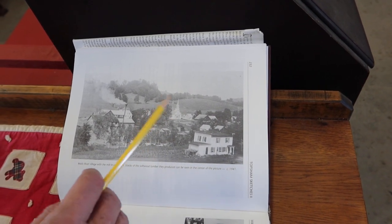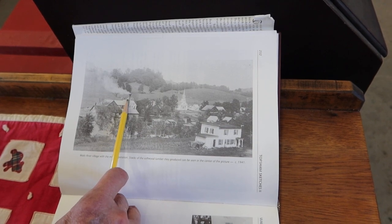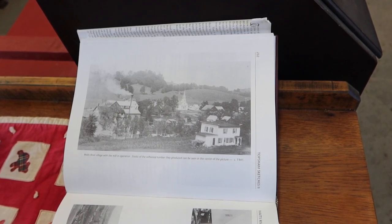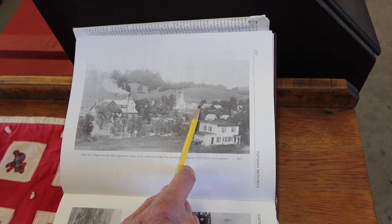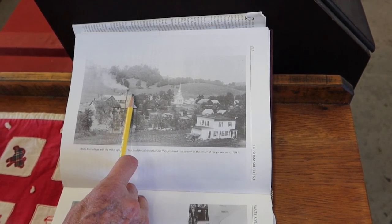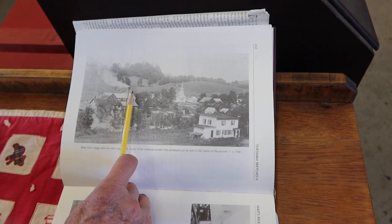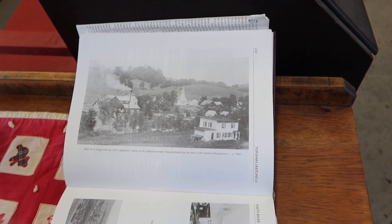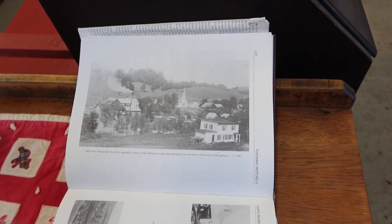So, I wanted to show you, I don't know if you can even see it, that little building sticking up right there, the roof, that's the Nutt Brown house. I've mentioned that before because there was a family by the name of Nutt, N-U-T-T. This is the post office, and Lola Nutt ran the post office when I was a kid, but this was called, I later found out, a Nutt Brown house. Somewhere along in the 50s, early 60s, Bill and Eleanor Gendron moved into that. They were great friends of mine. They had 4 kids. They had Bruce and Mike and